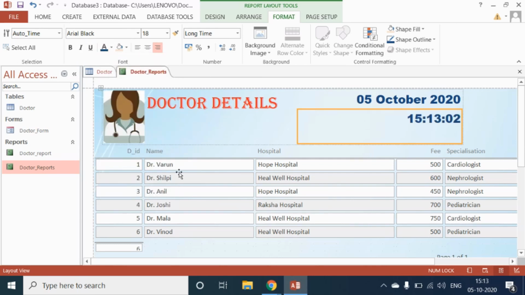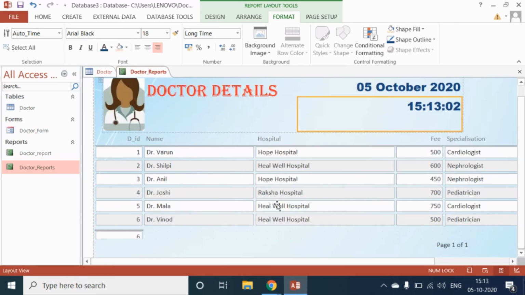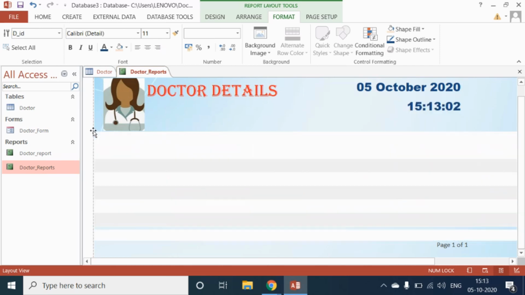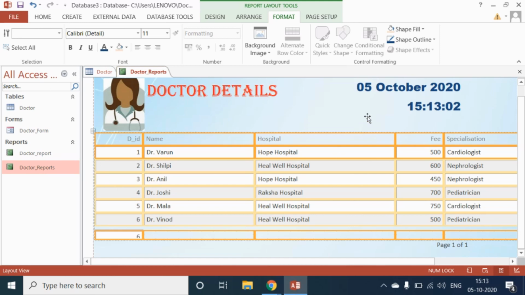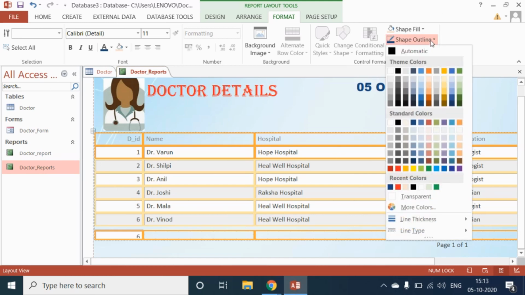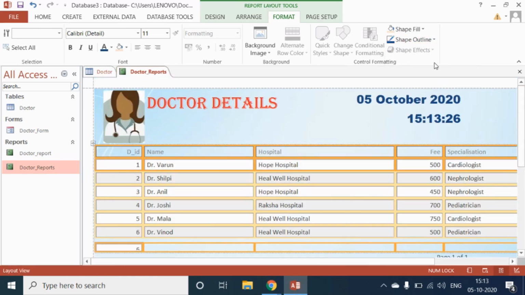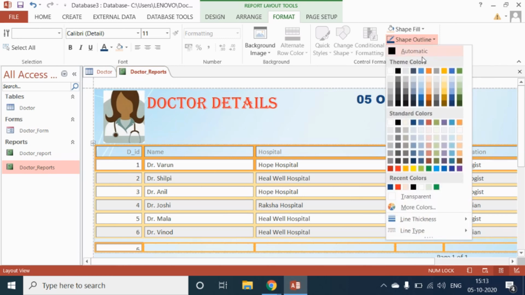Now let's select the given table in the report. Let's select the whole table and go to the Shape Outline option. In Shape Outline you can see the Line Thickness option. Click on it and select any one border. Select any one color from Shape Outline of your choice. Here I'm selecting dark blue.